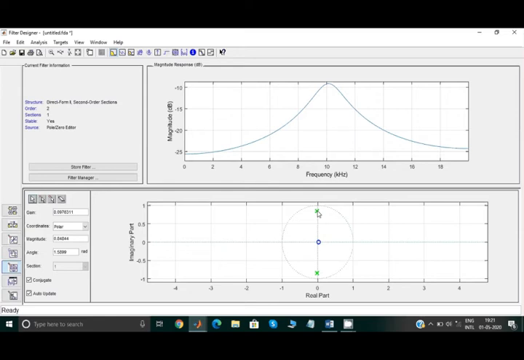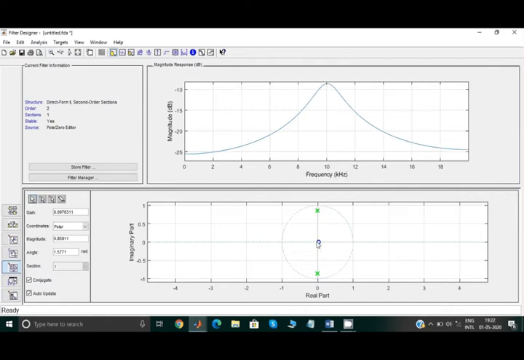So now you see, keeping the frequency fixed, as you move further from the unit circle, the amplification reduces. As you move nearer to the unit circle, amplification increases at that particular frequency. Here frequency is fixed at 10 kilohertz. But as you move outward further, the amplification decreases. As you move closer, the amplification increases. So this is the effect. Similarly here,